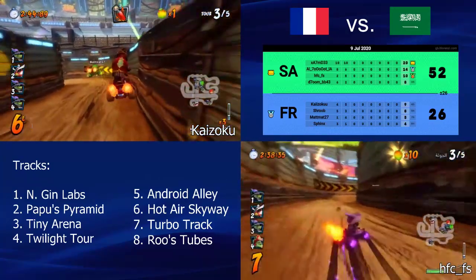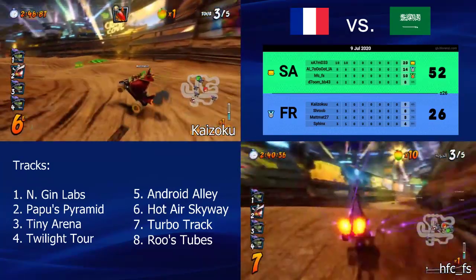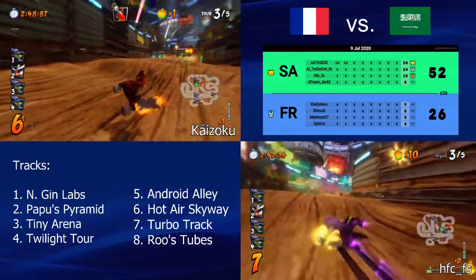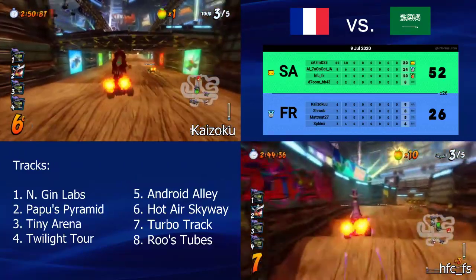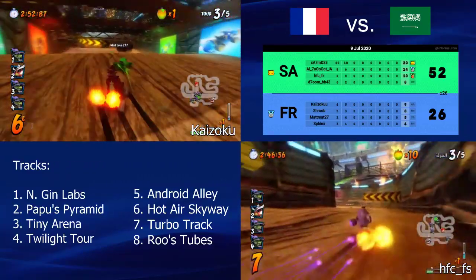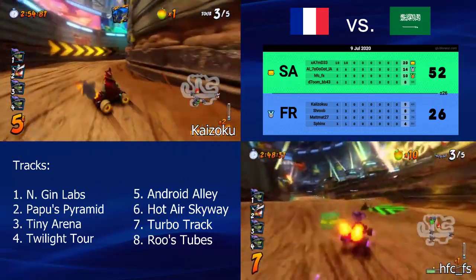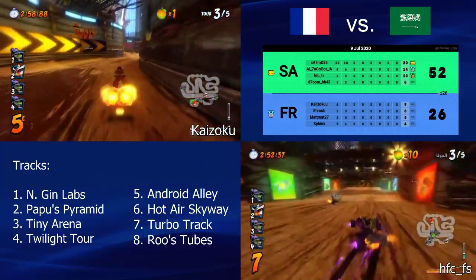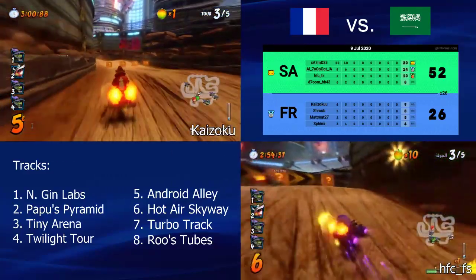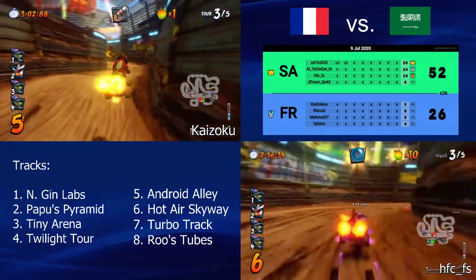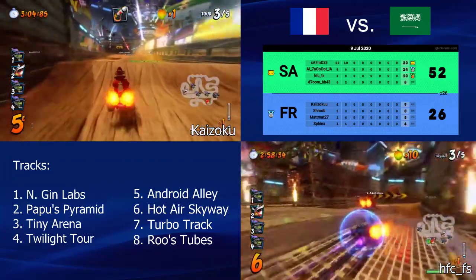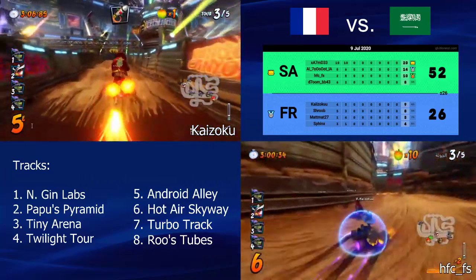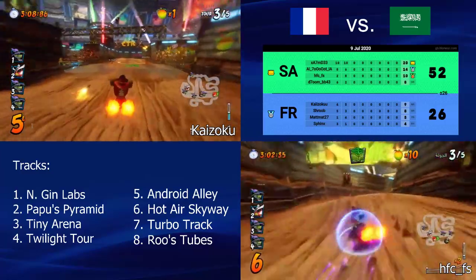That was very painful. One thing that I've noticed about the Saudi Arabian players is when they hit you, they are gonna combo you, and they are gonna combo you badly. Especially Doom is known for comboing people multiple times alone. For example, when he has 3 bombs, he's gonna hit you with 1 bomb, and then he's gonna look back and shoot another bomb right into your face. But that's how you should always play.